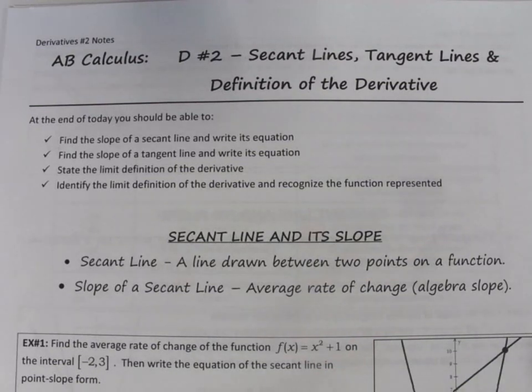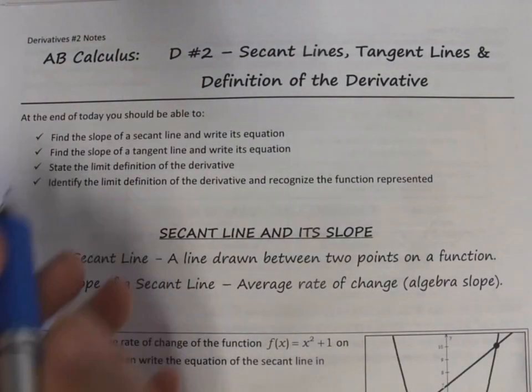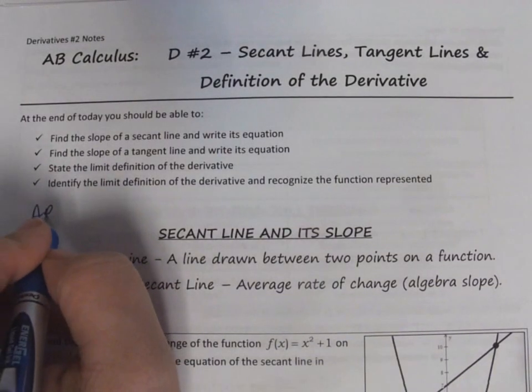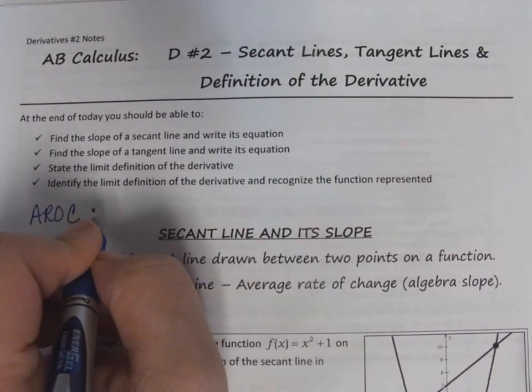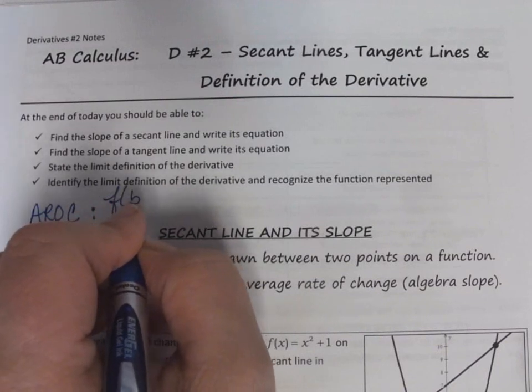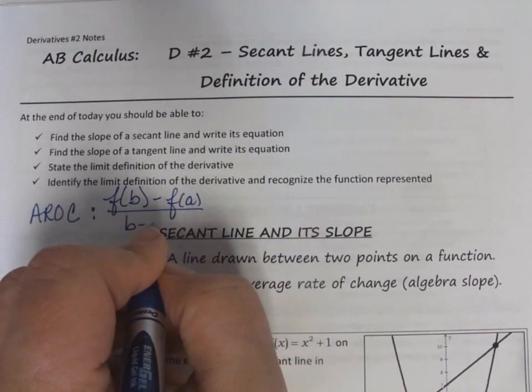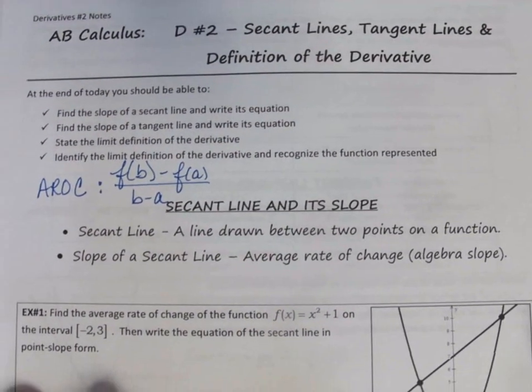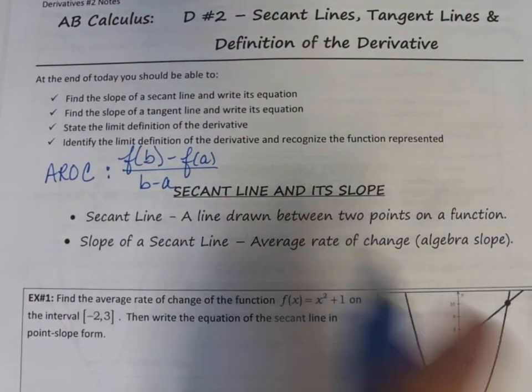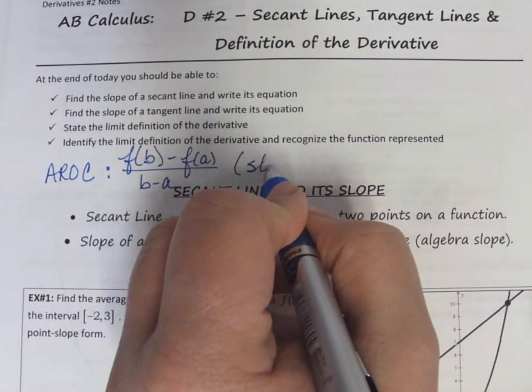Okay, so today we're going to continue our talk about differentiability, our talk about average rate of change, our talk about instantaneous rate of change, and the derivative. So we talked about and started last class period with AROC, an average rate of change. If you will remember, average rate of change is f(b) minus f(a) over b minus a. It is the slope between 2 points, okay? So this is slope